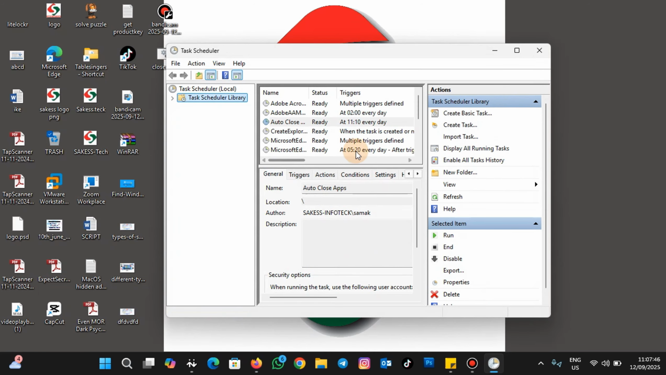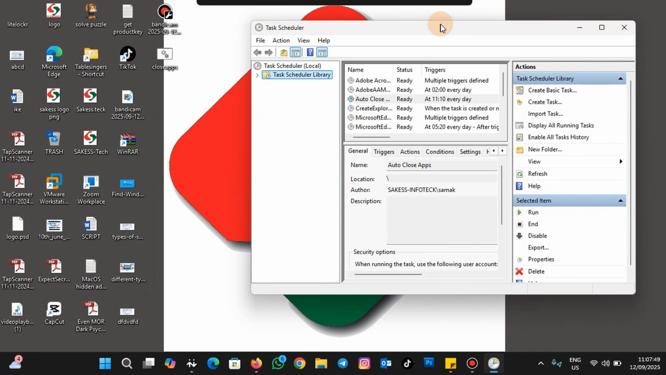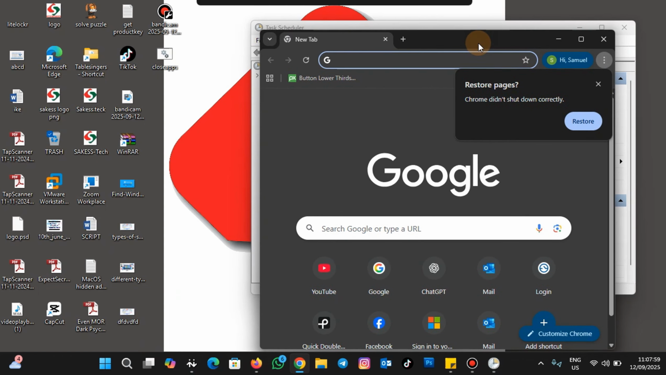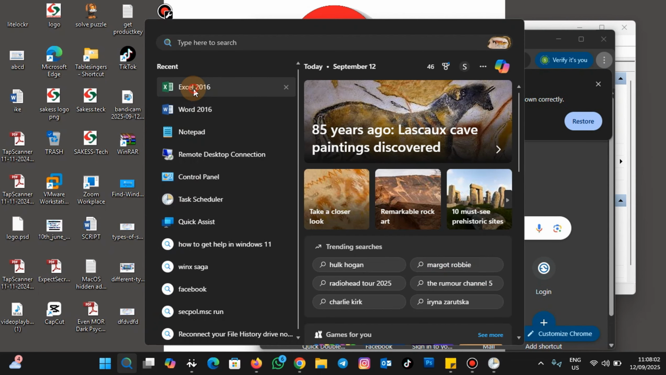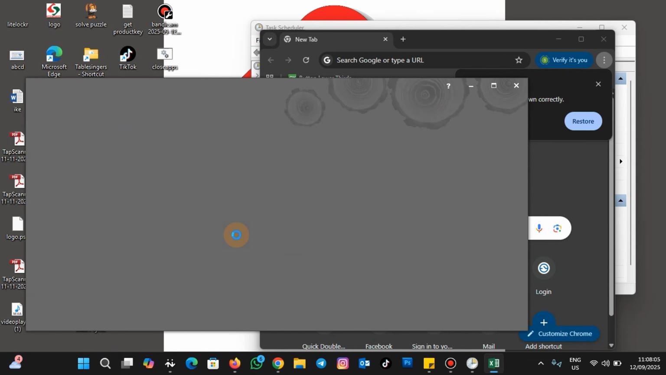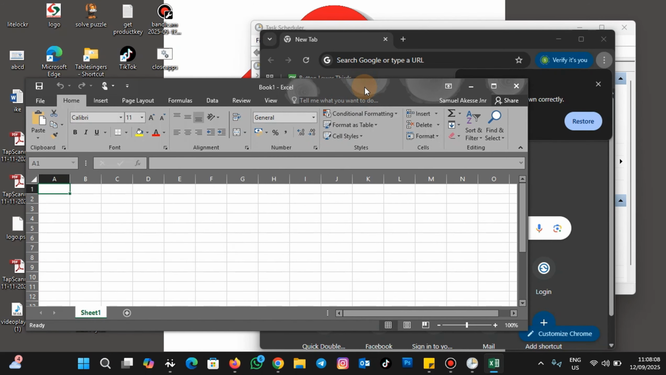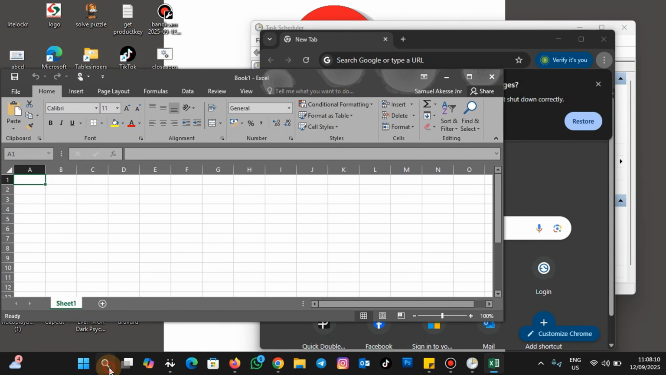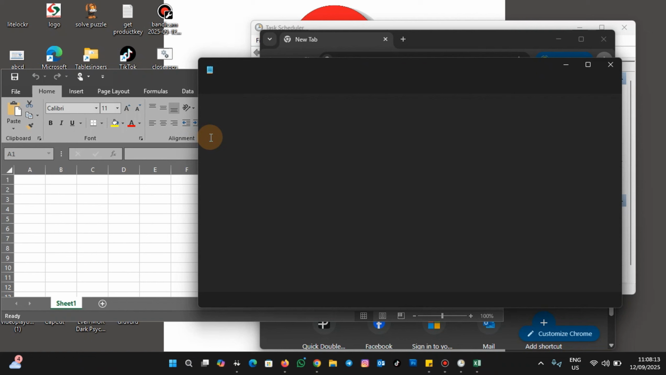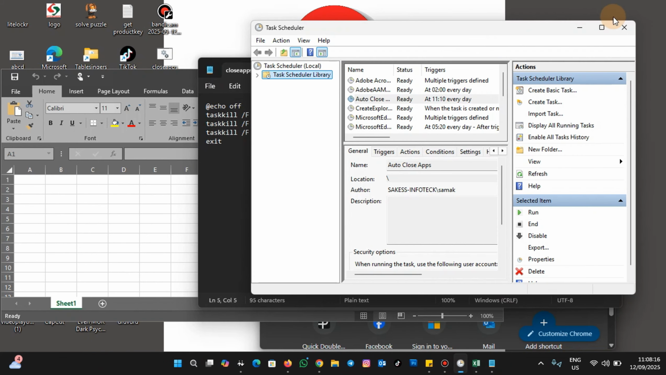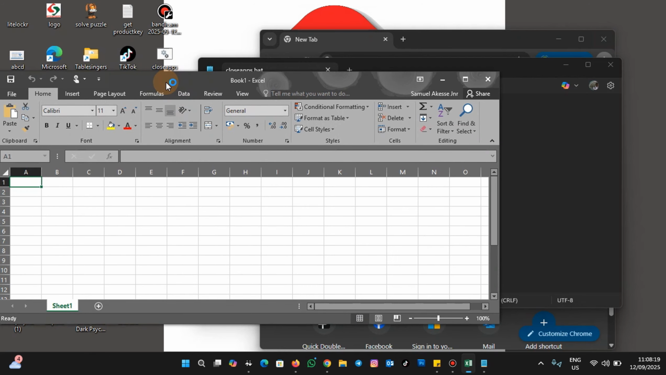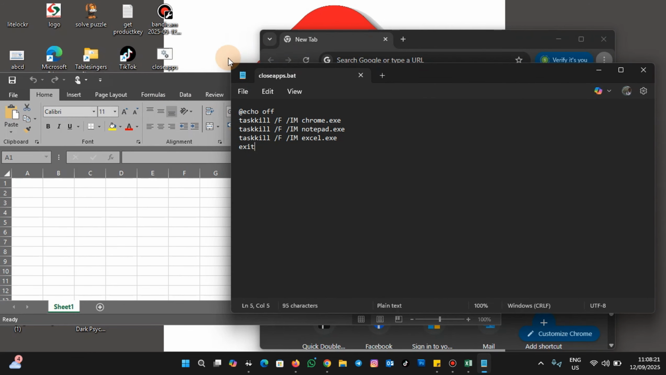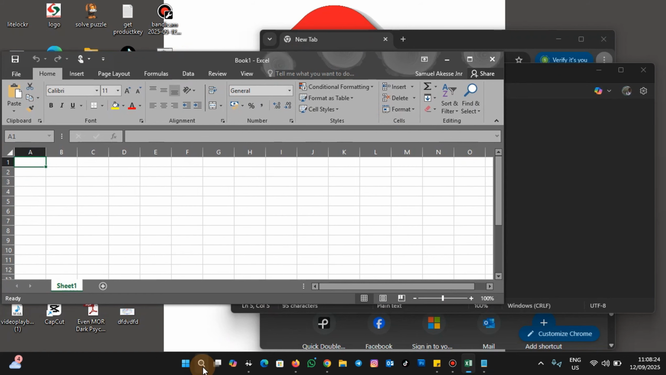Okay, so for demonstration purposes, I'm going to open the apps I have in the batch file, and then we demonstrate for you to see the outcome, okay? So I'm going to open Chrome, and then I'm going to open Excel, okay? And then I'm going to open Notepad, okay? So let me close the Task Scheduler, okay? So I'm going to run the task, and then we see what happens, okay? So I'm going to open the Task Scheduler,